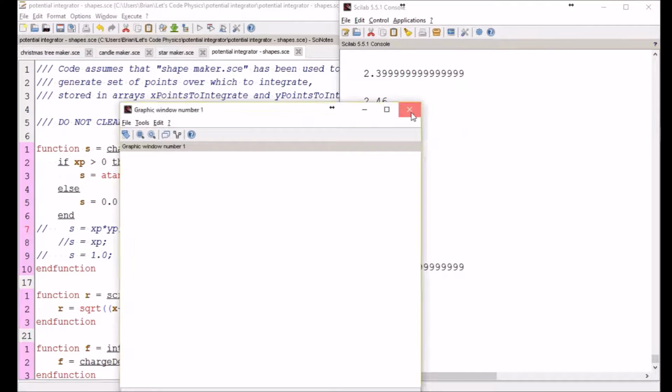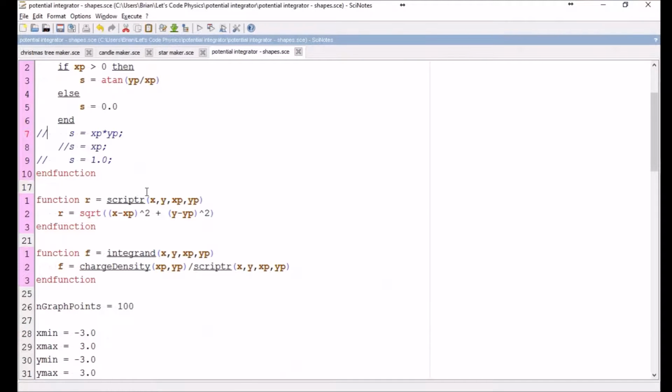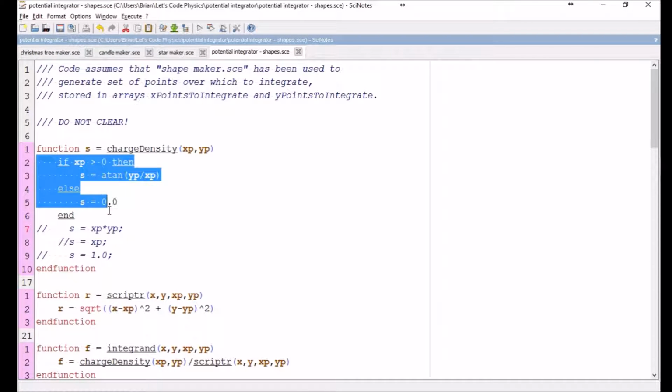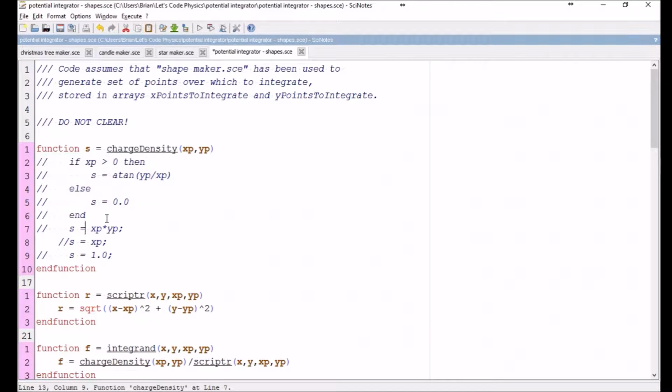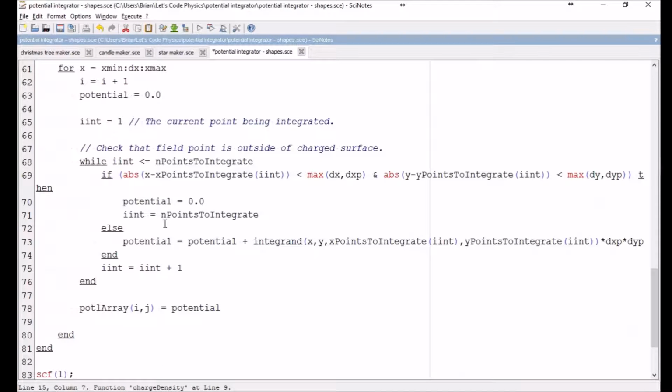Let's see. I don't know why that window's open. There we go. Let's turn this back to uniform charge density,